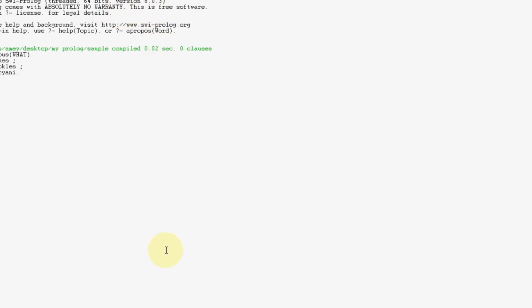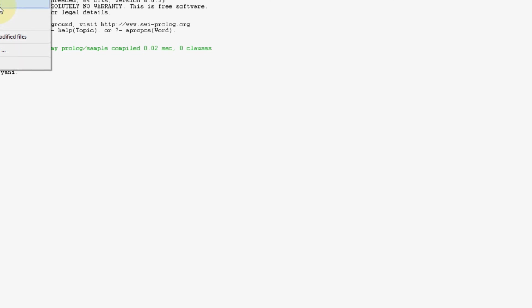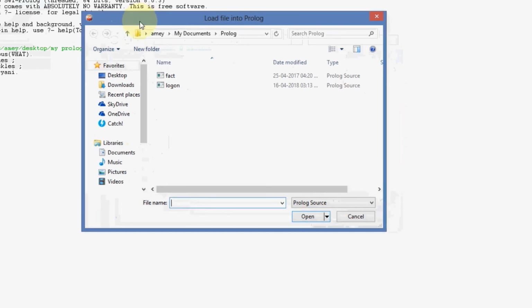interface. So far I have done everything from the editor. Now assume that this program which I have written, sample.pl, is already there in some file on the hard disk, and I want to just consult it, and consult means I want to directly run that program. Okay, there is another alternate way. I have closed down the editor. This is my console. So in the console I can just say file and the option called consult. Consult means I want to run the program. So then consult, it opens up